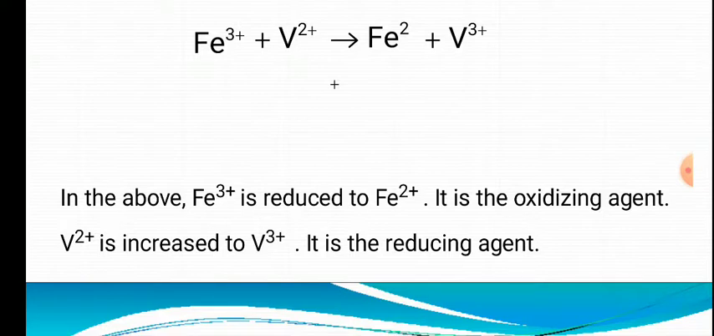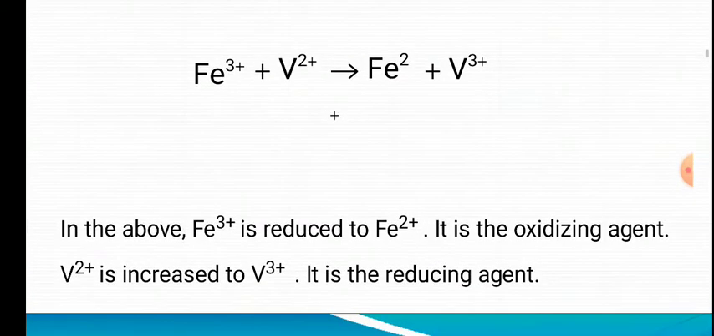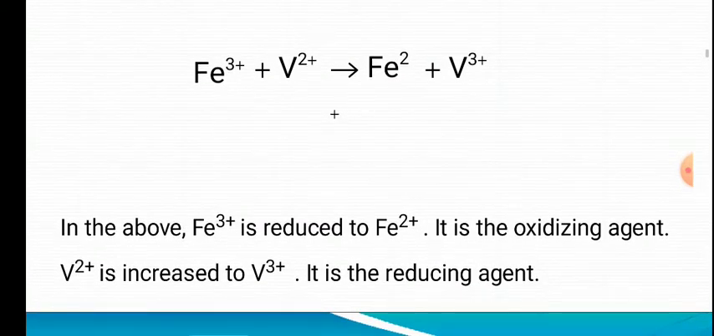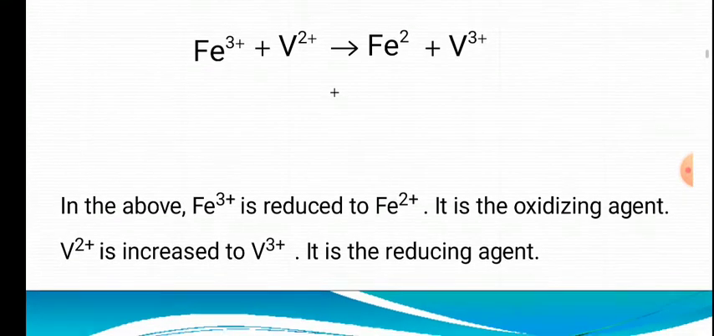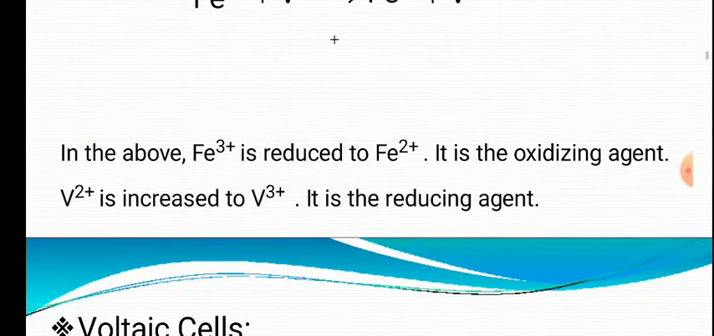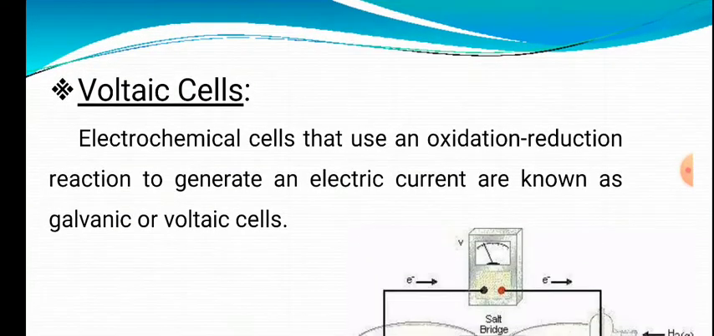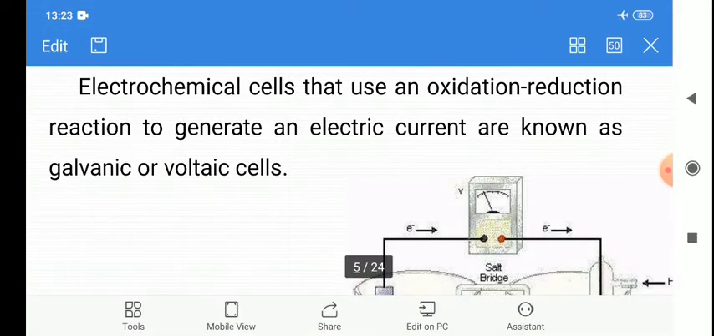So the first reaction, that is Fe3+ to Fe2+, is an example of a reduction reaction, and Fe3+ acts as an oxidizing agent. On the other hand, in V2+ to V3+, oxidation takes place, so V2+ is a reducing agent. Now we are coming to the real problem, that is